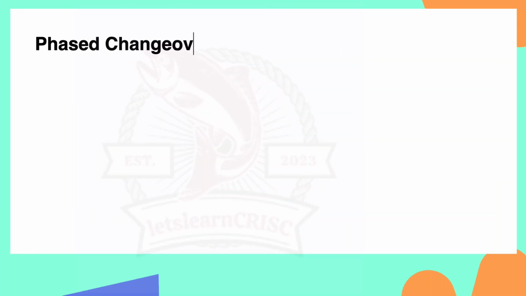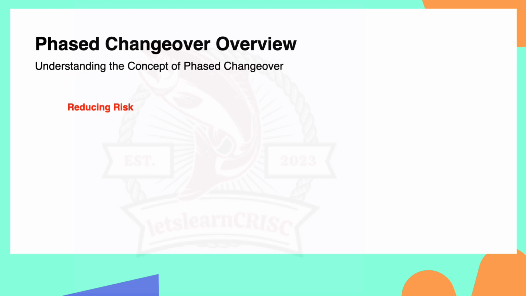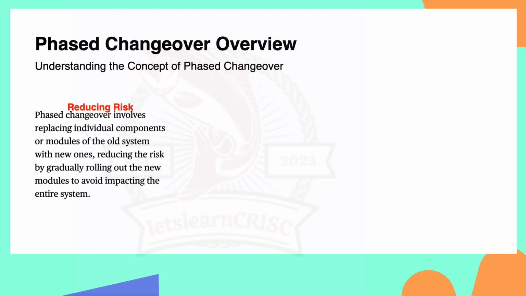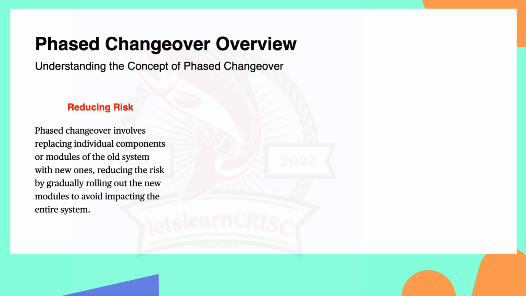First is the changeover overview, right? That is understanding the concept of phase changeover. First is reducing the risk, right? In reducing the risk, we can say that the phase changeover is about gradually replacing parts of the old system with the new ones, right? So this is done to reduce the risk by introducing changes one step at a time rather than all at once, right? Just taking an example, think of it like renovating a house room by room instead of demolishing the entire structure. This way, if there are any issues with the new component, they won't disrupt the entire system immediately,